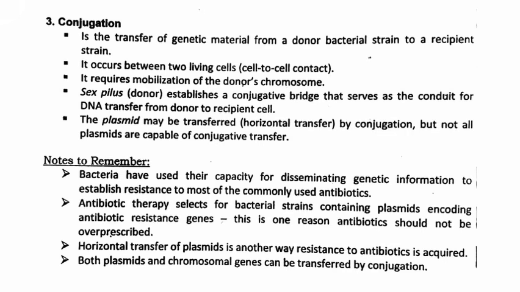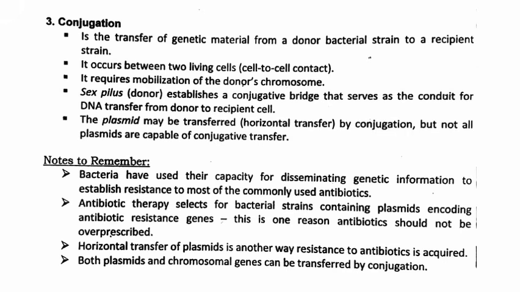This is called horizontal transfer. But not all plasmids, however, are capable of conjugative transfer. Only those that have the F factor, or F positive plasmids. Okay? So, notes to remember: bacteria have used their capacity for disseminating genetic information to establish resistance to most